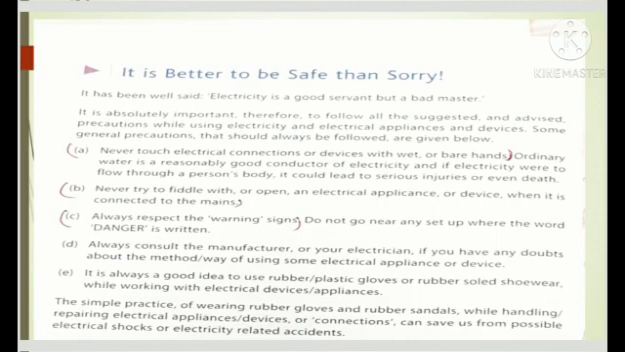or you can ask your electrician to come and you can understand the working, the way of using that appliance. And the last one given here is